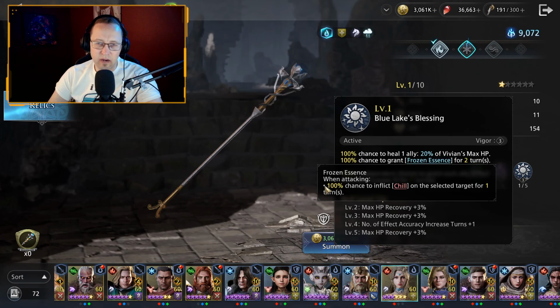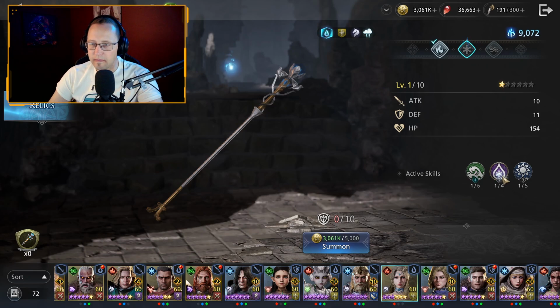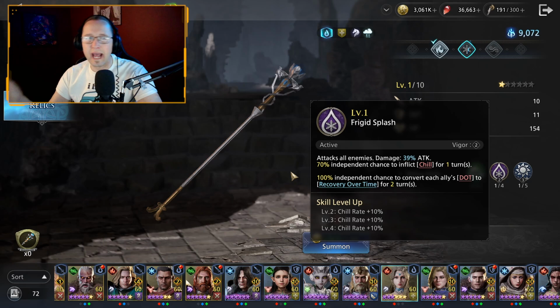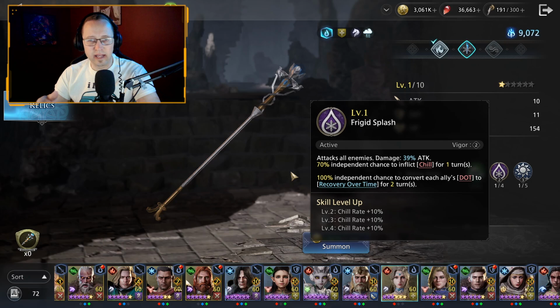So when attacking, 100% chance to inflict chill on the selected target. Okay, the S2. This is an AoE. So the S2 on the Fire Relic was the AoE heal and the AoE dot cleanse. This one also has the AoE dot cleanse, and I do believe the Wind one as well has an AoE dot cleanse. So all of the S2s are somewhat similar, but this one